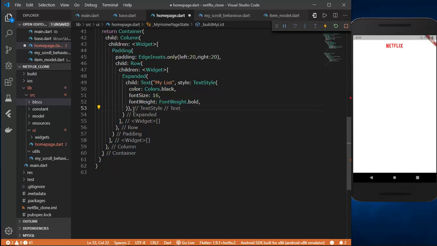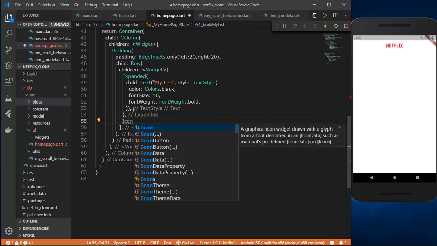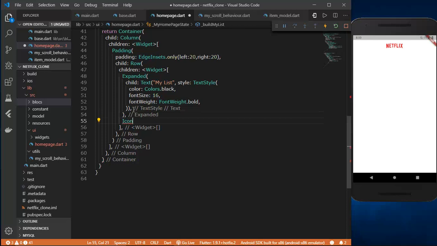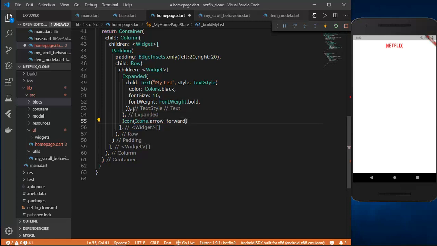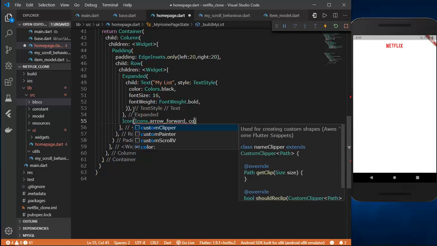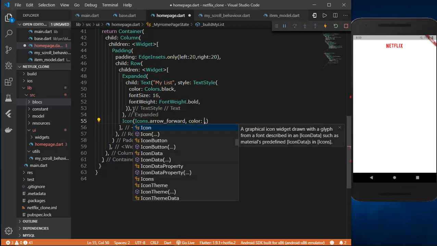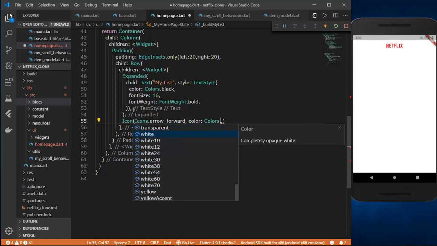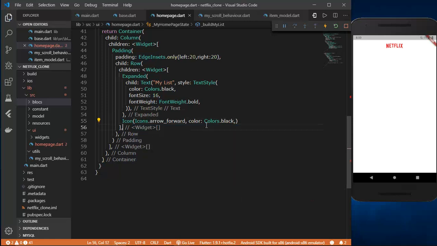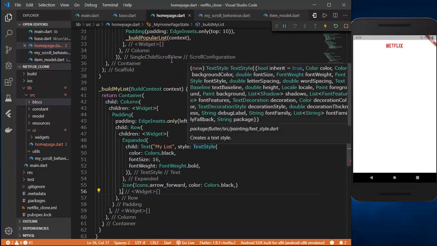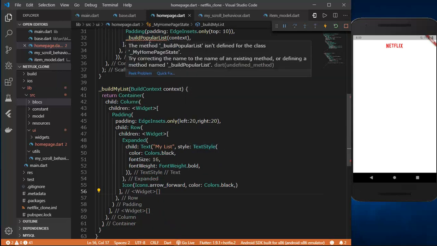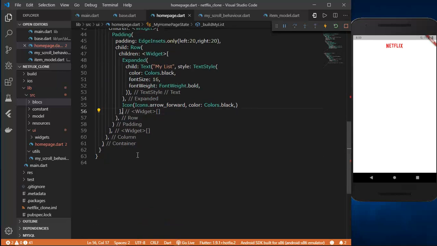So now we are rightly focusing on the basics, and after giving the text, we'll move on, and let's give some icons. So after this expanded widget, we'll give some icons. So icon, it would be icons dot arrow forward, comma color. Since the background is white, we'll give colors dot black. Yes, that's it. And after that, what else do we need? We need to create this build popular list method. So we'll create it